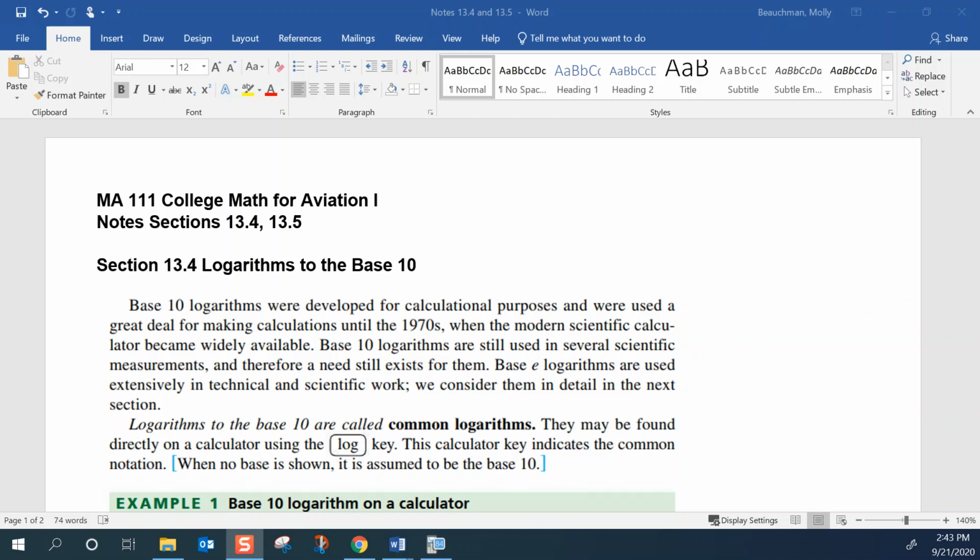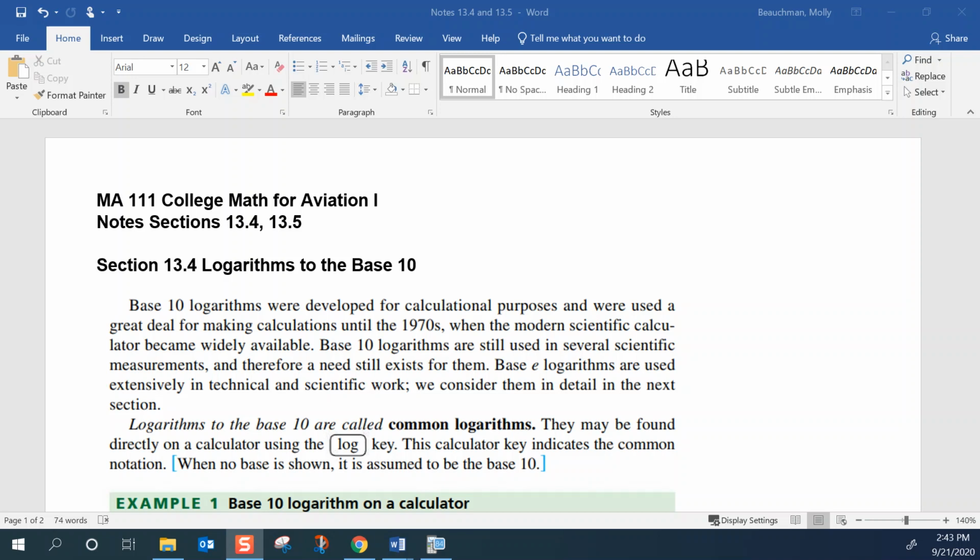In this video, we'll take a look at notes for sections 13.4 and 13.5. In the first three sections, you took a look at exponential and then logarithmic functions. Today, we're going to look at logarithms in special bases: base 10, called the common logarithm, and base e, called